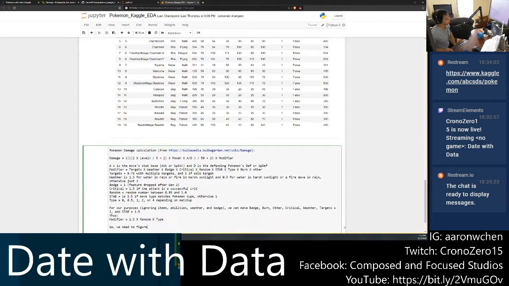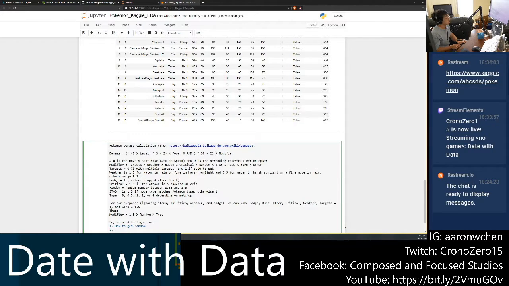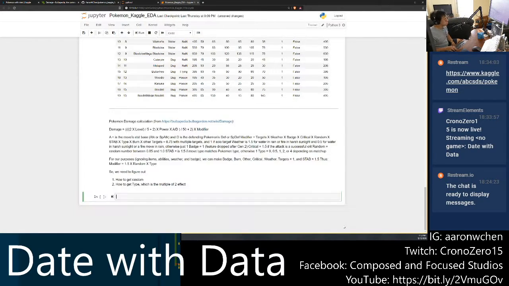So we need to figure out how to get random and how to get type, which is the multiple of 2 effect. Okay, cool. So let's enter that. Is not the prettiest thing. Also for our level, actually,